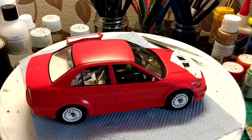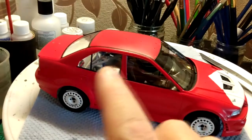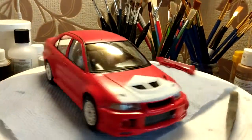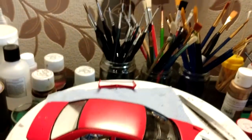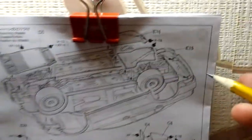Right, the body shell is now on the interior stroke chassis. You can see all the roll bars poking through the clear parts there, the windows. Now basically what I had to do, on the first part of step 12, you've got,